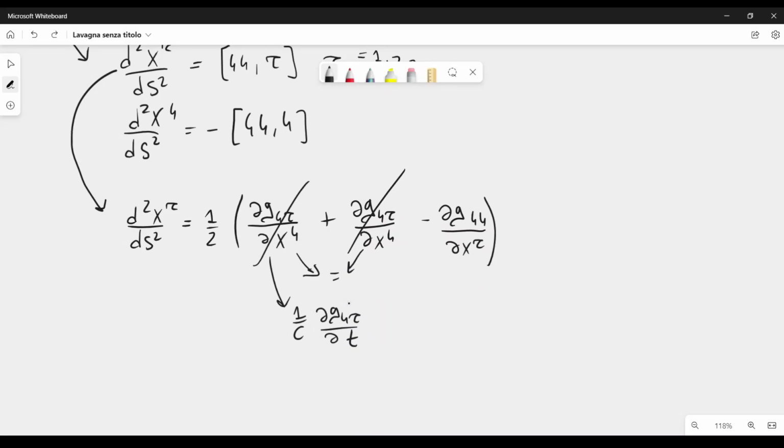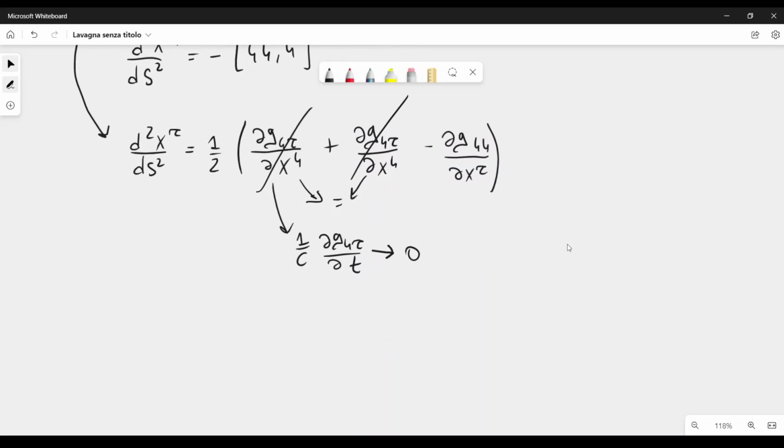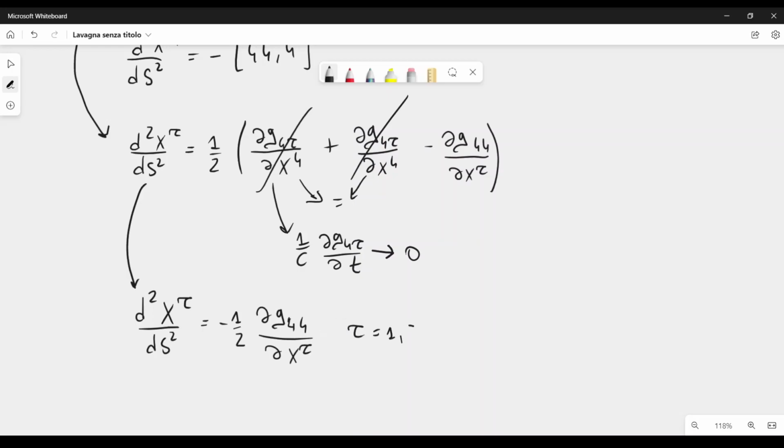So the field should not change so rapidly that this ratio here, this 1 divided by c, will be non-negligible. So it must be negligible. This 1 here can be neglected, and we will assume it to be almost 0. So from here we get d squared x tau with respect to s squared equal to minus 1/2 dg44 with respect to x tau, and remember that in this case tau should be 1, 2, or